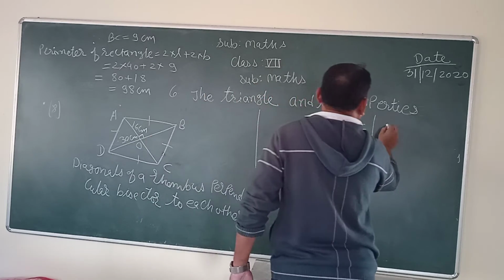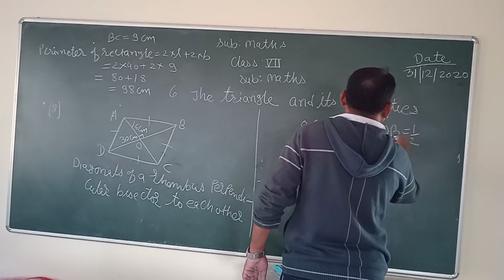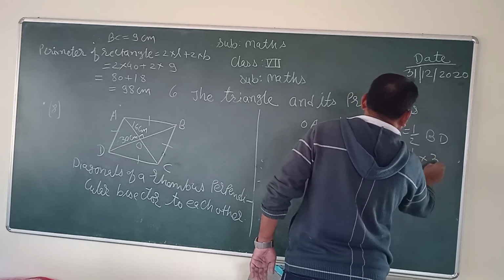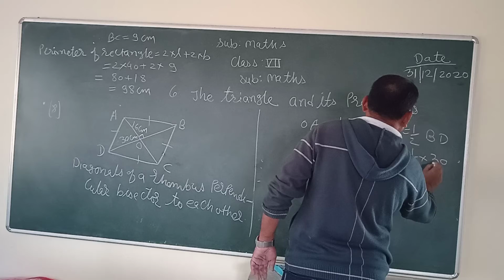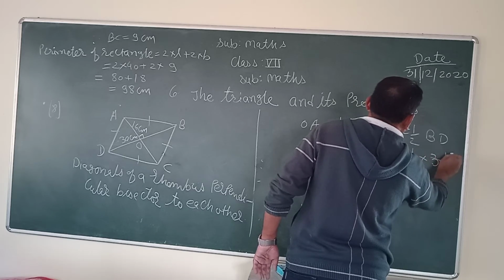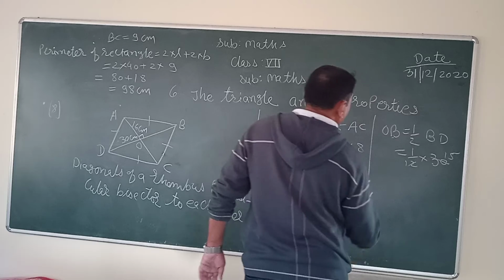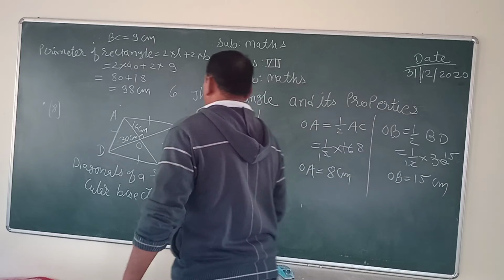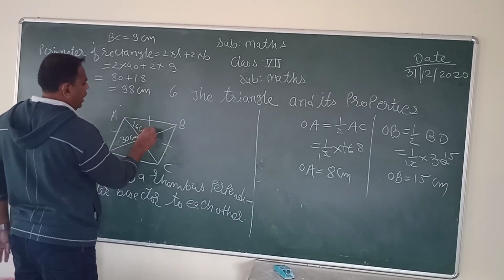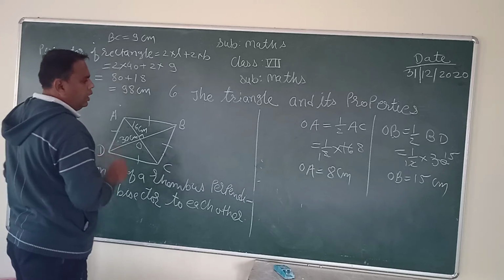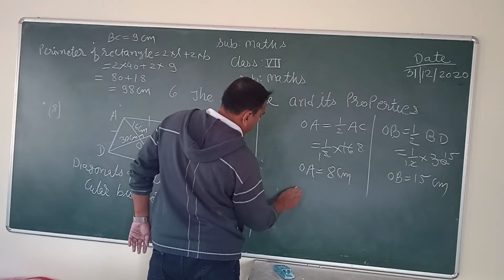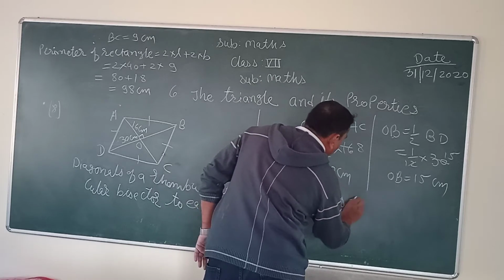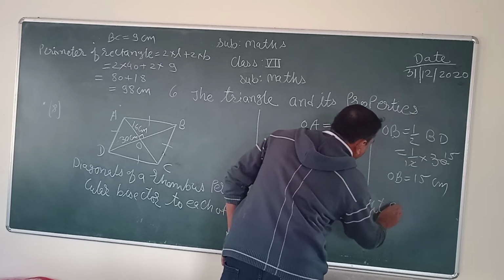Then OB is the half of BD. Then is equals to 1 by 2 into here BD is 30. Then 2 ones are 2, 15 2s are 30. So OB is equals to 15 centimeter. Here we take this triangle. ये triangle हम लेंगे, triangle AOB. It is the right angle triangle, yes student. We write here AOB is right angled